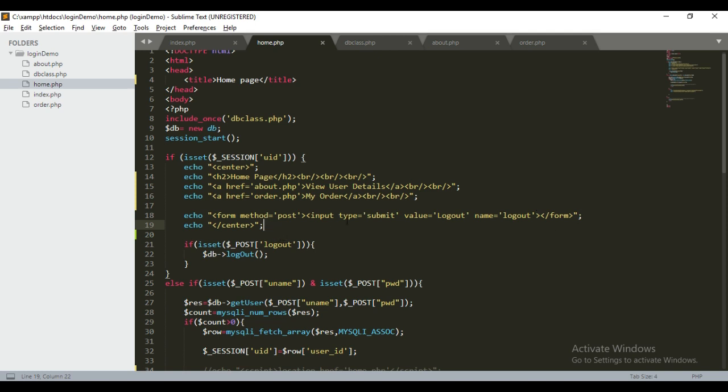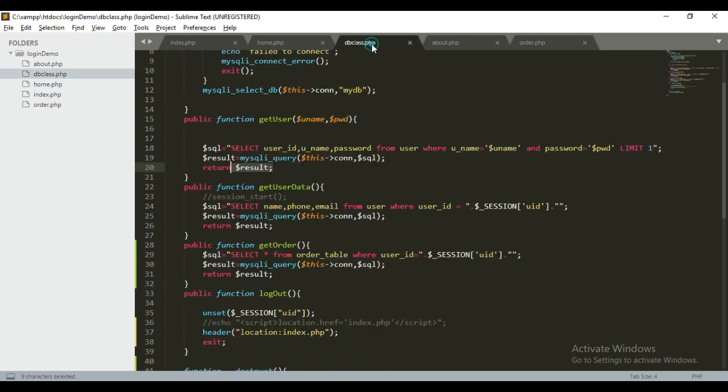When we click on this submit button, of type post, it will redirect to this page itself, and here we are checking if this post variable logout is set, then we have to call this function called logout. Now where is this function?